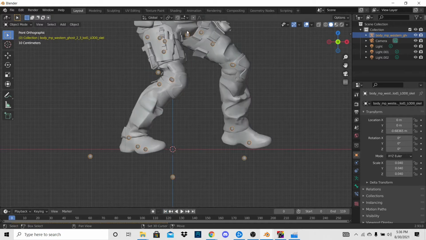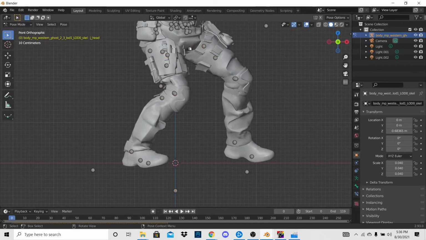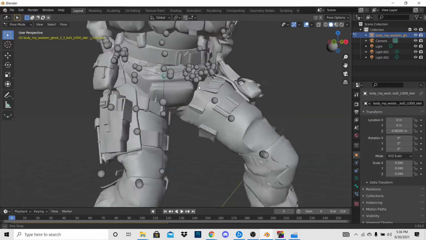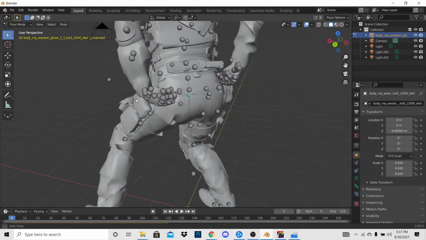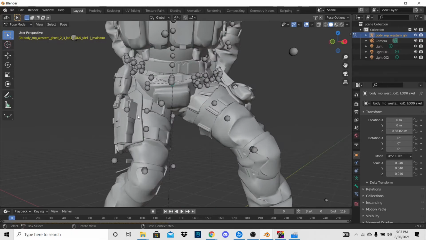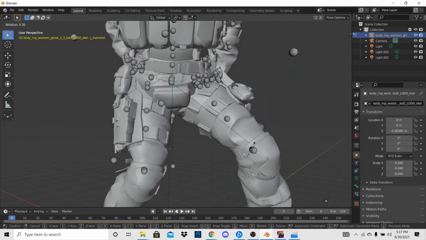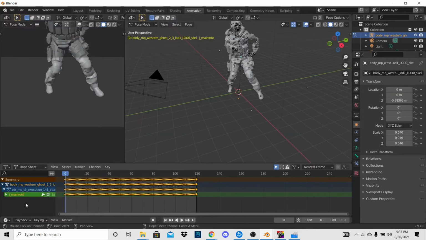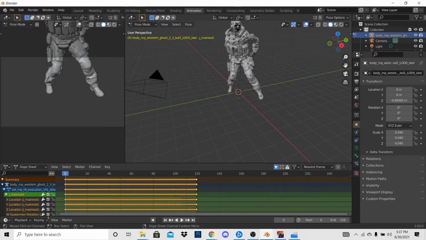So one way to mitigate this is going into pose mode, selecting the main root bone right here. It's located in the pelvis area of the character, and this bone actually controls the entire thing basically. And we're just going to go into the animation tab, and then with the main root selected, go to this little thing down here, this little drop down,